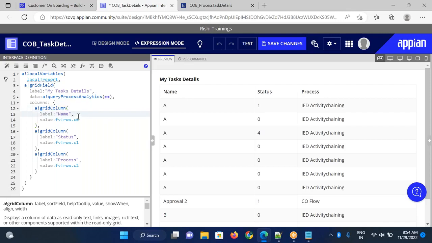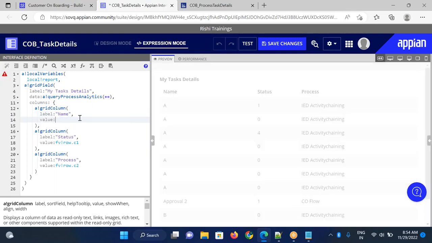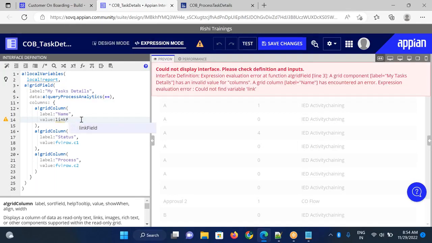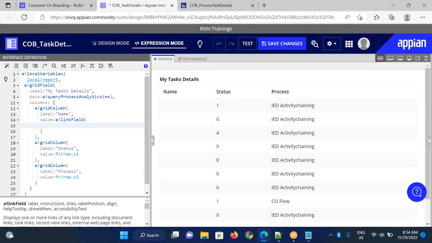Okay. So here, instead of giving the value directly, I want to give the link. To give the link, we can use the link field. You already know we have used the link field in your records. So within the link field, you want to provide the links,